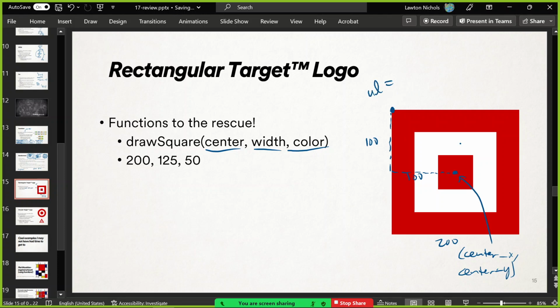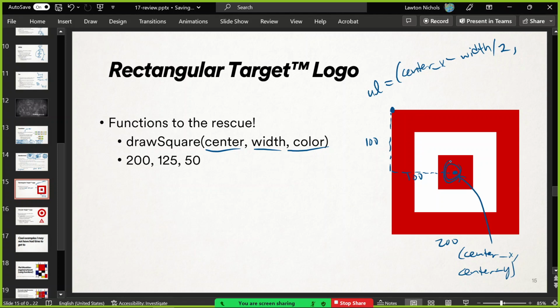So how do I get that from center x and center y? Well, the upper left coordinate is center x, well, the x part at least, is center x here. Go left 100 in the x direction, so minus 100, which generalized is width over 2, right? Because we're going to draw multiple squares here of different widths. Minus width over 2. And then, comma, what's the y coordinate?